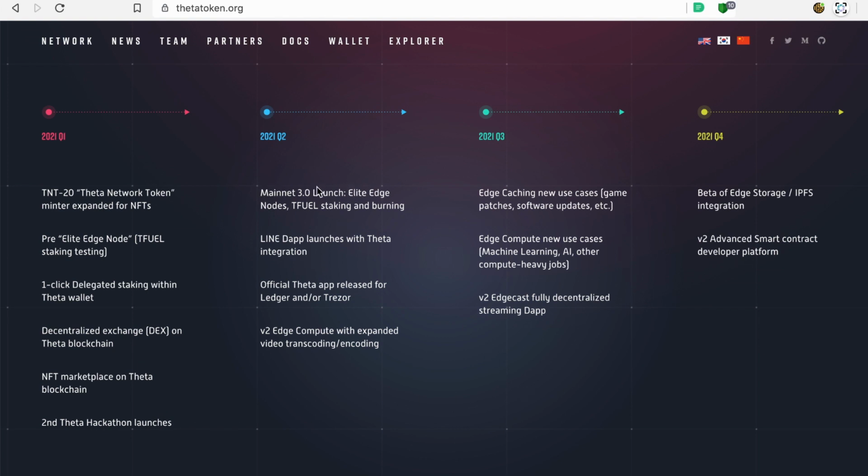Then you look at mainnet launching in Q2, elite edge nodes, tfuel staking, the official Theta app released for the Ledger and Trezor hardware wallet. Version 2 edge compute with expanded video transcoding. This is pretty incredible too. Not only does the edge node allow you to generate revenue by sharing your excess bandwidth, but you can also share your computer resources